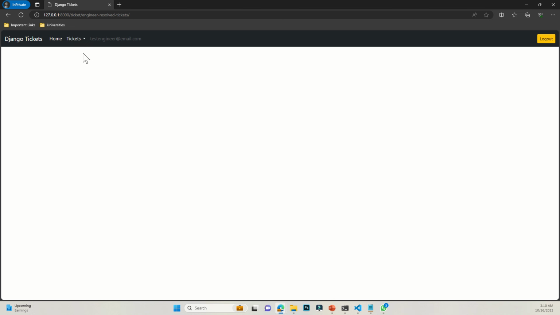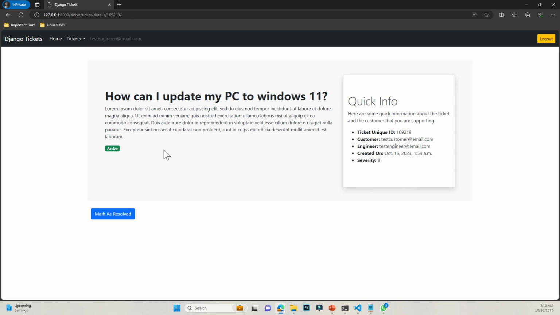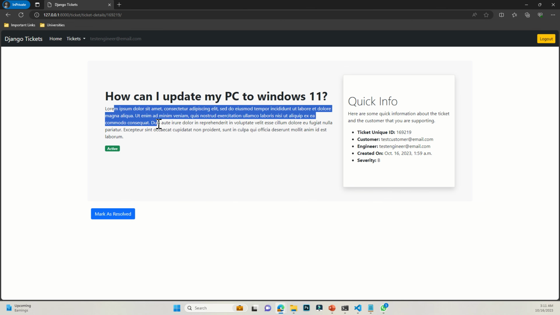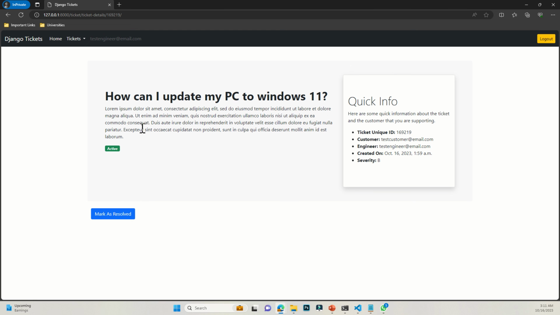Okay, now obviously resolve ticket will not show you anything because we haven't resolved any ticket as this test engineer. So we'll come on to ticket, click on active ticket, and then we can see the ticket that has been assigned to us, or rather has been assigned to the test engineer. Okay, so we can view details, and then as an engineer we get to see what is going on and what the customer wants, and then if it's something we can do, we can just do it very easily,